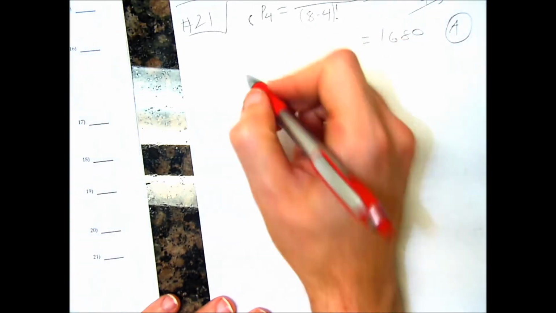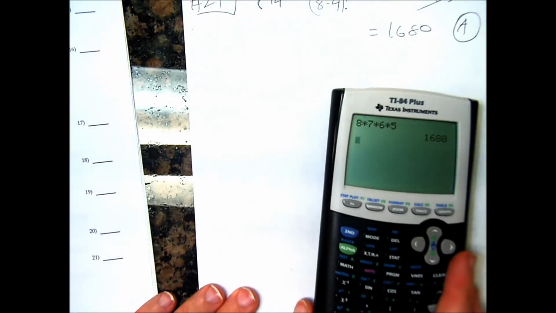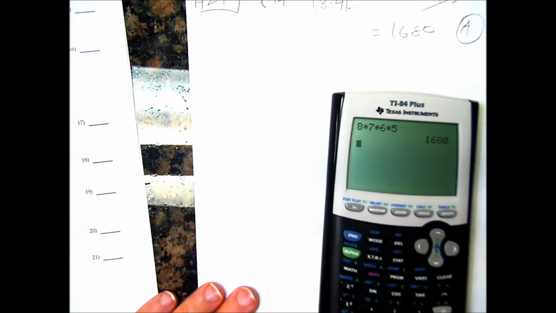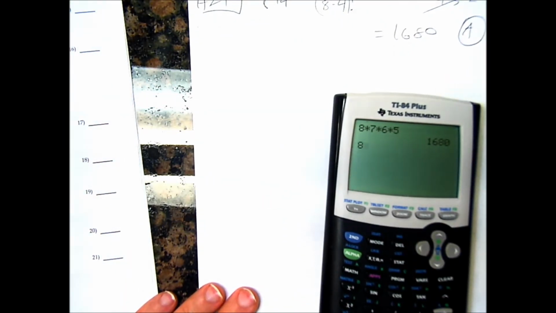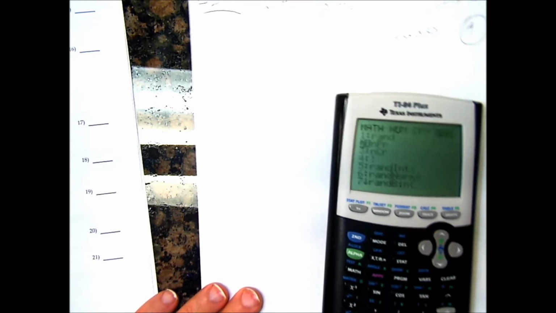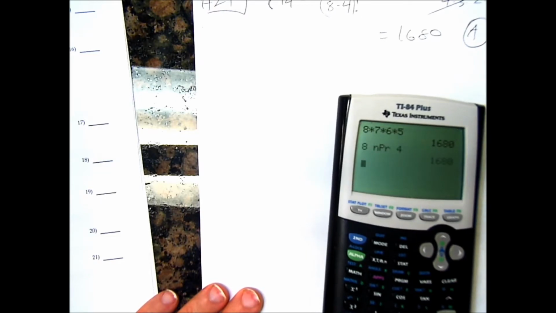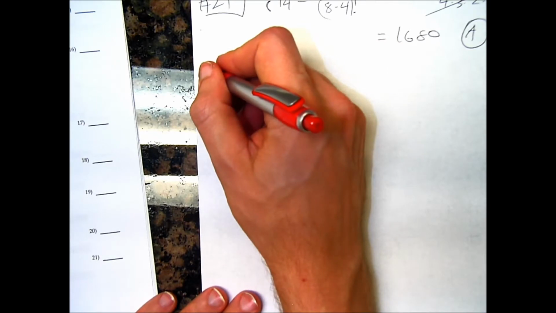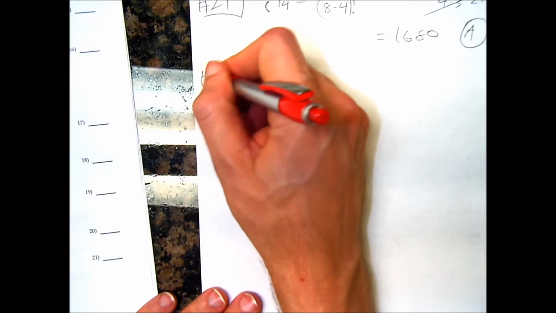which is A. Now, of course, there is that option in the calculator where you could just hit 8 and then go straight to math and then probability, hit nPr and then hit 4, and then you get 1680. Either way, it's a multiple choice test for the most part.